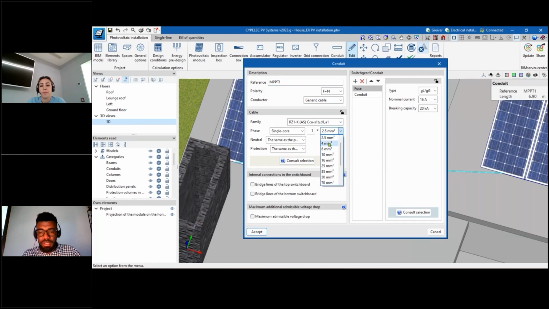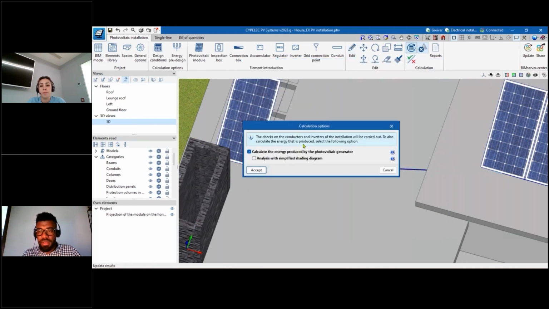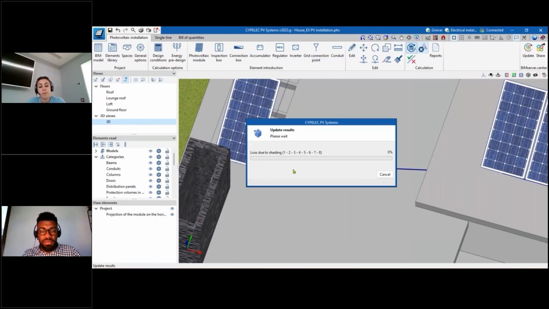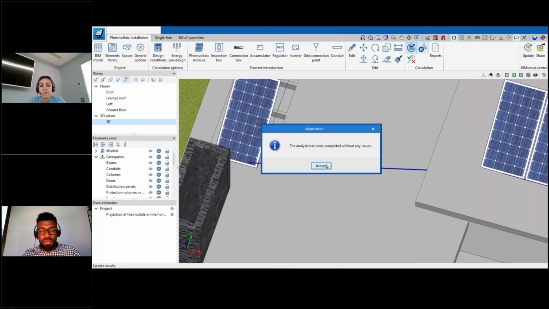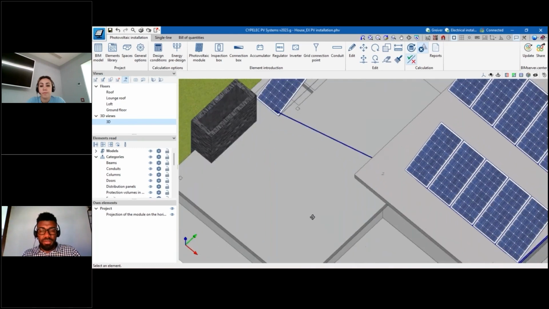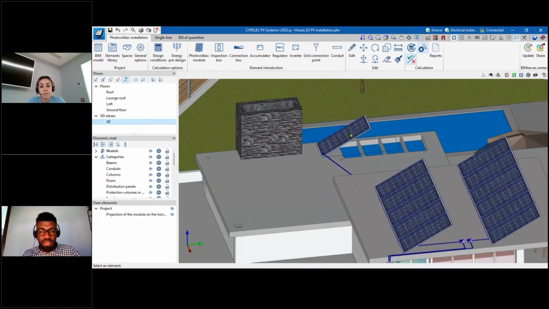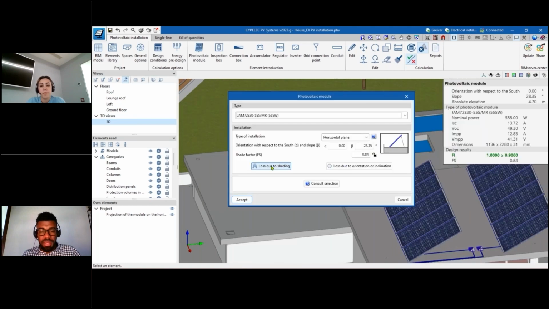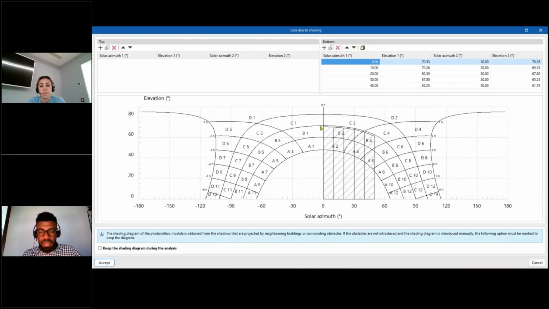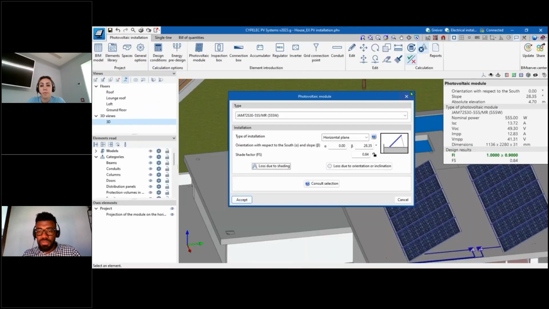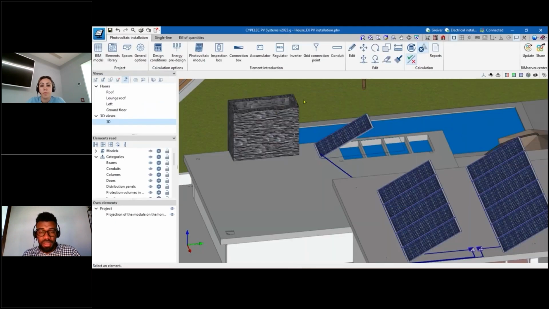Because I want to change the size of the conductor so I don't have a problem with the voltage drop. And now if I calculate it again, you're going to see that I'm going to have some losses due to this construction element that I have here. So if I click in this panel, I see the losses that I'm going to have. These are the losses due to the shading because of this construction element. So if I go back to the report,